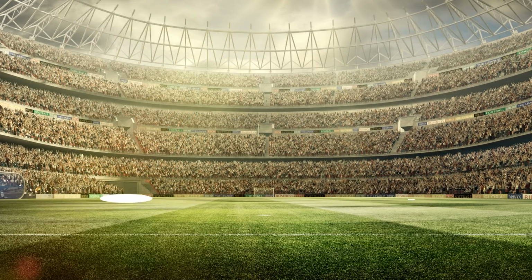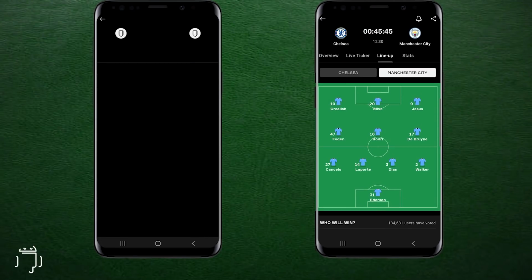Let's take a look. A quick reminder of the formations as you can see on the OneFootball app, who are